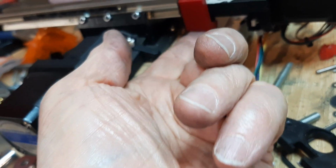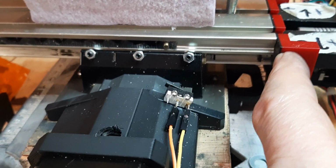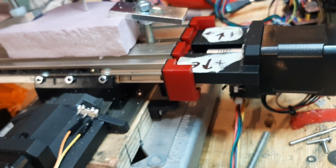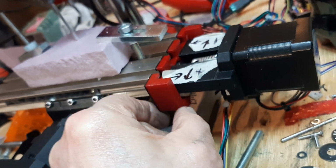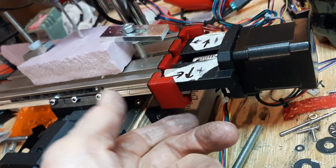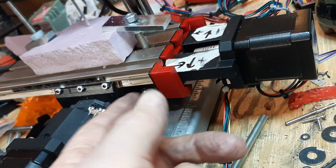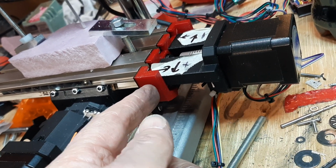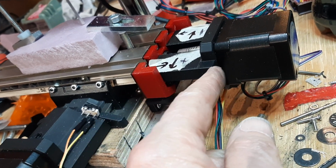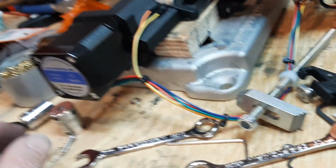It's now this. It was going to be black, but I ran out of black, so I had to splice in some red. But I can tell you, this is a lot more rigid with this extra material on the ends, and I also made it extra deep, so it's much stronger. I did not remake this part to fit this and then screw it in like I had talked about, but I think I'm going to have to, because this is still wobbly, and I tried to make a new coupling,